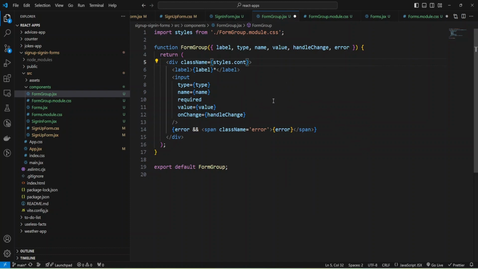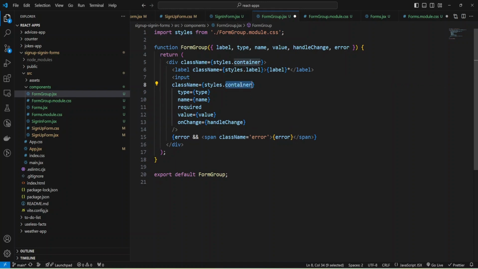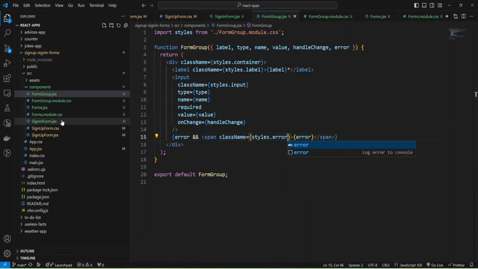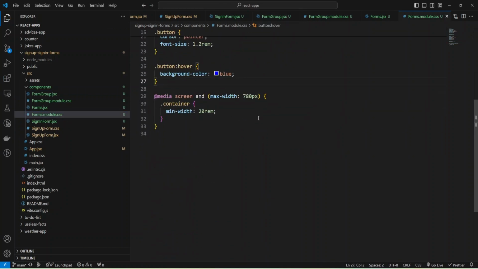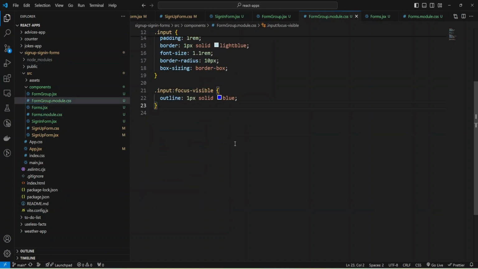And it will have style container, and for label I'm going to just copy paste this string and provide styles to label. For input we'll have styles input, and for error we can provide our styles error, and so we need to copy this error from our forms and paste it here.